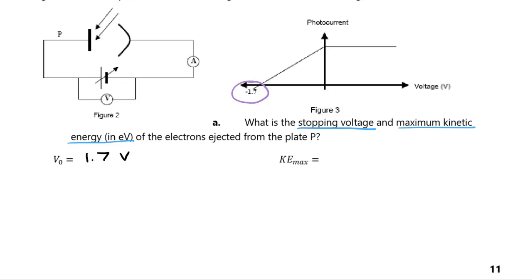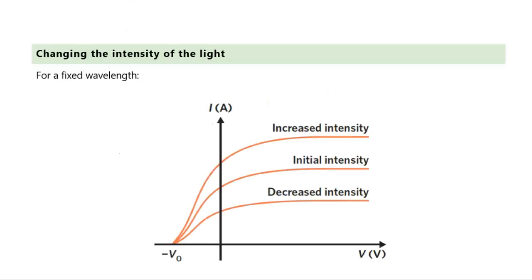We saw last lesson that the maximum kinetic energy of the electrons has the same numerical value as the stopping voltage, but instead of it being quoted in volts, it's quoted in electron volts. And we looked at the reason for that. It had to do with the work done of an electron crossing the gap. So this question, quite nice, is literally one value to quote from the graph, and we had to take the magnitude of that value. So we're going to now focus on the main purpose of this lesson, changing the intensity